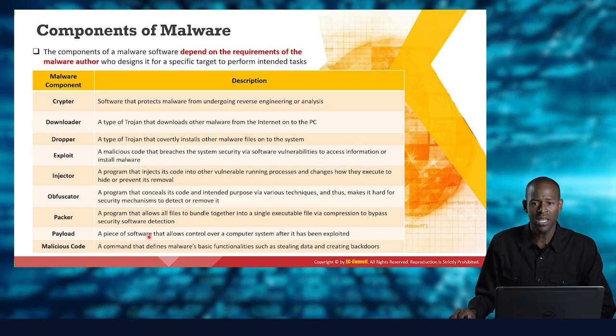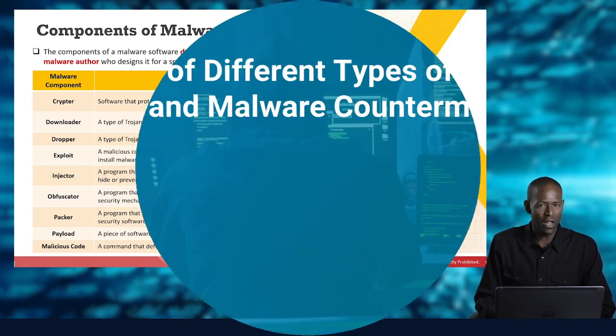In some cases, it is control over that computer system, but all of it has at its core some type of malicious code. It is a set of commands, a set of procedures, a routine, an application, a program that has functionalities built for stealing data and creating backdoors, among a host of other things. So with that said, all these components